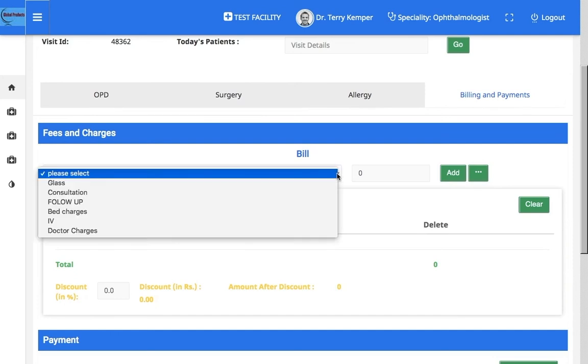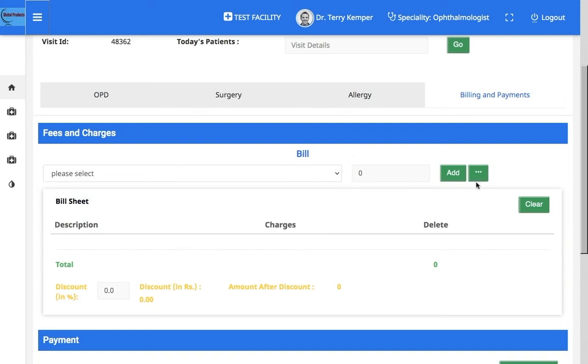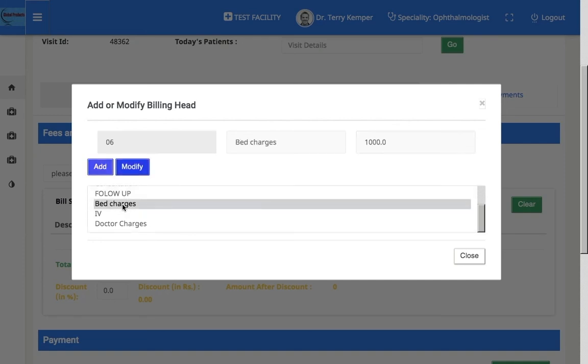You can select from the drop down menu, or the billing head can be added by clicking on this button. Any billing head can be added by the doctor or the clinic using a billing head code, billing head name, and the amount can be specified by the clinic or the doctor, and it can be added to the list, or any existing billing head can be modified by just selecting the billing head and changing the name and adding it to the list.